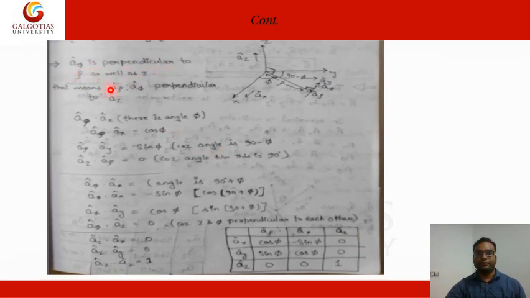A phi is perpendicular to rho as well as z. So where is a rho? This is the a rho. Sorry, a phi. This is a phi, perpendicular to rho as well as z. This is our phi, this is rho, this is a phi and this is z. So they are making an angle of 90 degrees. So a rho and a phi are perpendicular to az. Now a rho and ax, there is an angle phi between them. So a rho dot ax